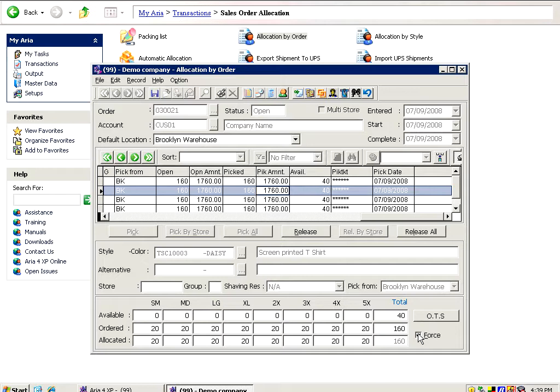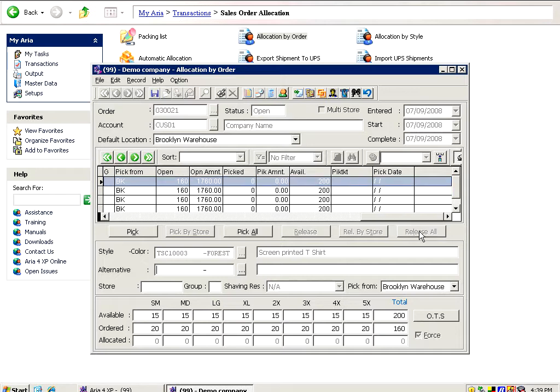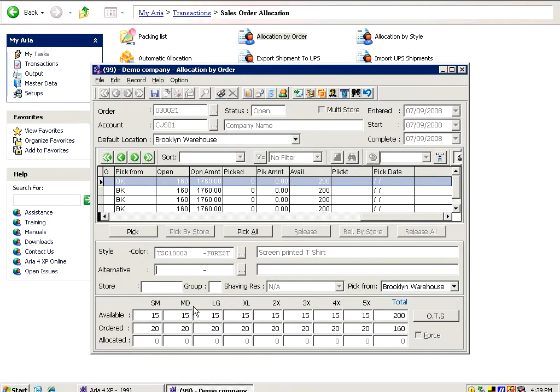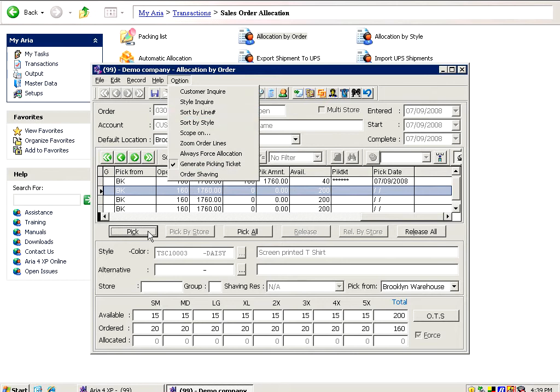You also on this screen have the ability to force for one of the colors. Like for example, if I am doing release over here, then I simply want to pick, let's reverse that. I'm going to just leave the 2 right now so it doesn't force the allocation automatically. And let's say that I decided to pick this line only. Now I know that I have, if I go back here, the system just only allocated, let's say this, let's use this line. If I click on